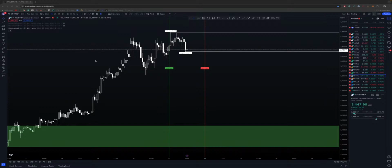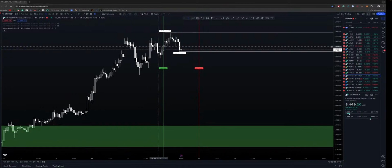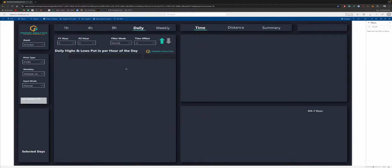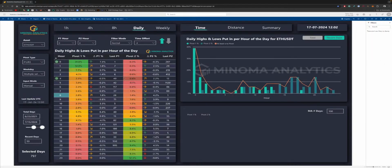So what we're doing right now is we're looking at the daily actually, right? So right now we have P1 here, P2 here. The distance stats are not going to give us anything, but as Tim did, we can go to the time statistics and we can see. And this is the main reason why I say, okay, we have to wait before taking any setups because